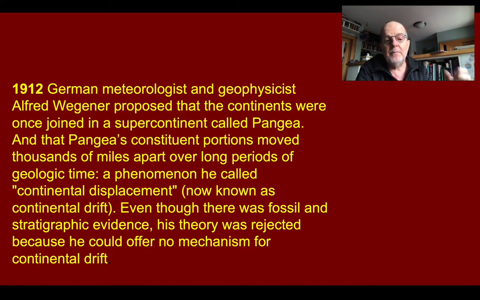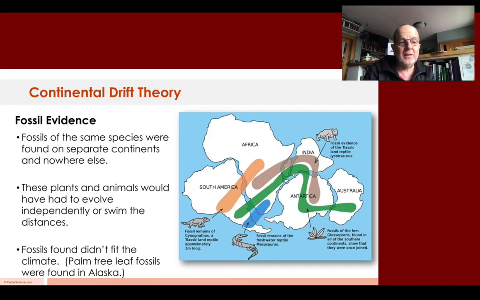And even though there was strong fossil and stratigraphic evidence, his theory was rejected because he could offer no mechanism for why the drift would happen. The evidence can be seen here in this beautiful little map showing South America and Africa connected, Madagascar, India, Antarctica, and Australia, all connected, and connected in a manner that relates to the fossils that have been found on each